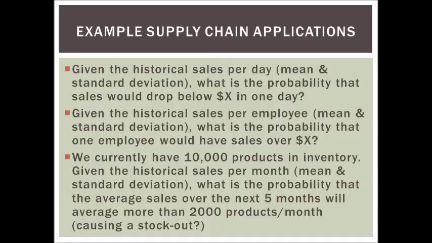So for instance, maybe your boss is concerned that the sales have dropped below a particular number and is starting to get upset. You could actually calculate the probability that that number would normally or naturally drop below that particular dollar amount during a day. And you can know that probability and know whether or not you should start getting upset about it or whether or not you should just let the process alone